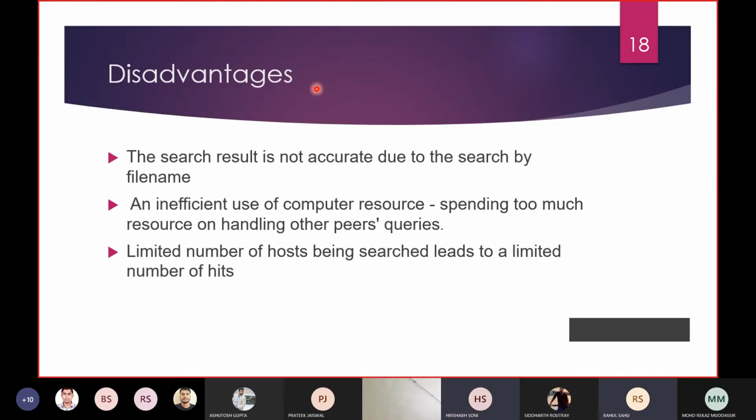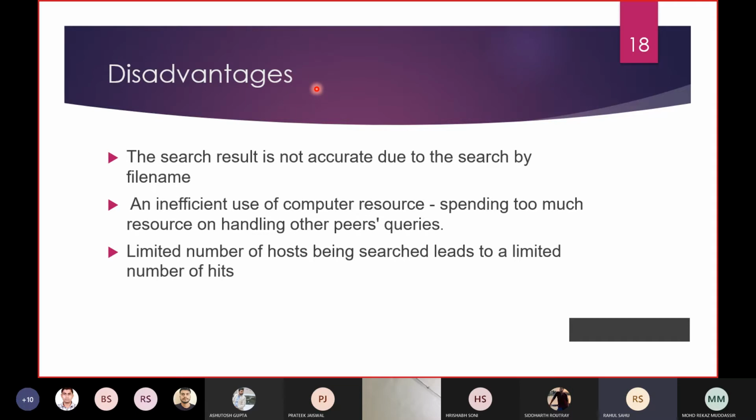So here are some disadvantages of the Gnutella network. The search result is not accurate due to search by file name. If you search by file name, some redundant files may come. Two or three files of the same name may come. This is a problem.